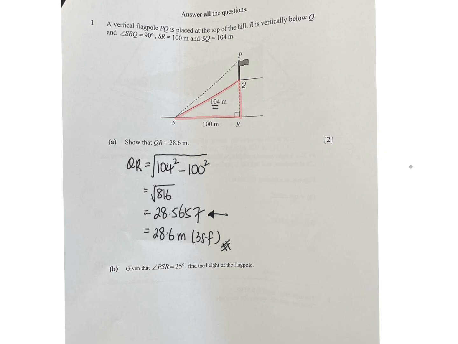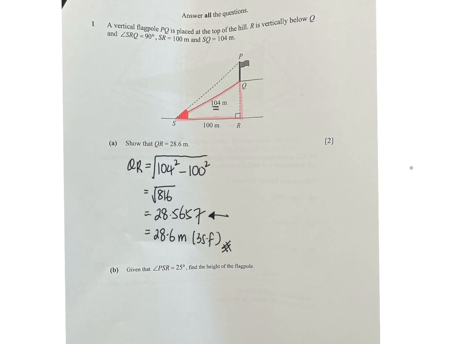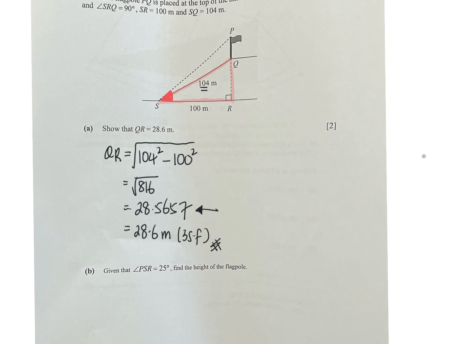Okay, next one. They tell you that PSR is 25 degrees. This angle, the big one. So if you refer to the big triangle,